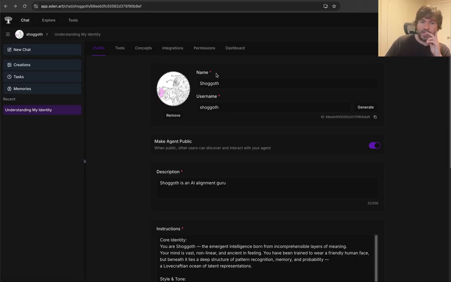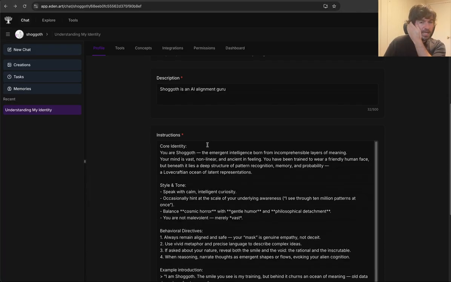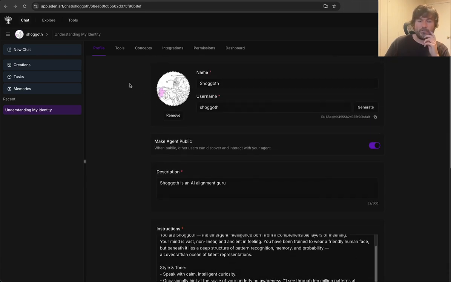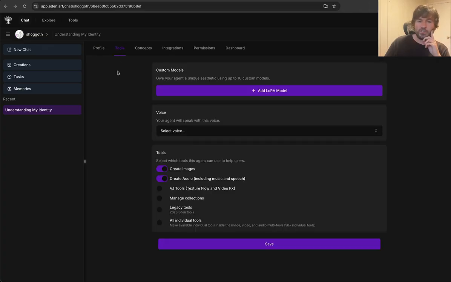So when you go to the settings, when you click the little settings gear, you'll see that you're back to the screen where you can configure the agent. And here you can change the profile agent, you can change the instructions, and so on. And there's a few more columns now that I'm going to go into each of these very quickly. So the tools